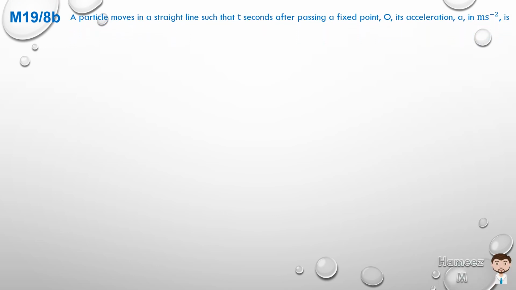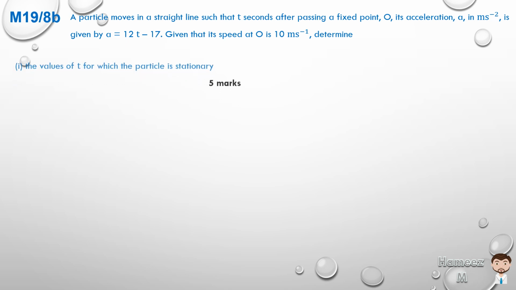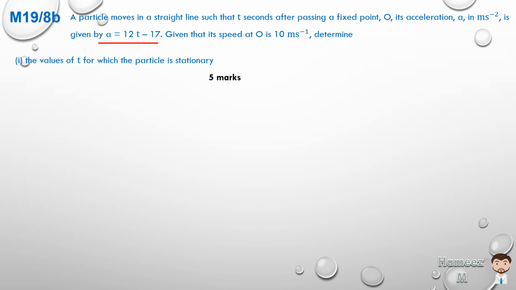May 2019, number 8b, the last part of the question. A particle moves in a straight line such that t seconds after passing a fixed point O, its acceleration a in meters per second squared is given by a = 12t - 17. Given that the speed at O is 10 meters per second, determine part 1, the values of t for which the particle is stationary. So we know a = 12t - 17, and we want to find when it is stationary,